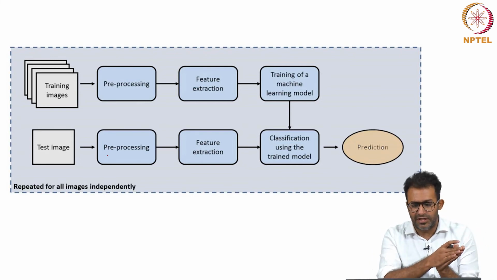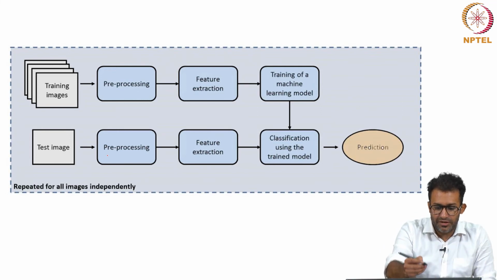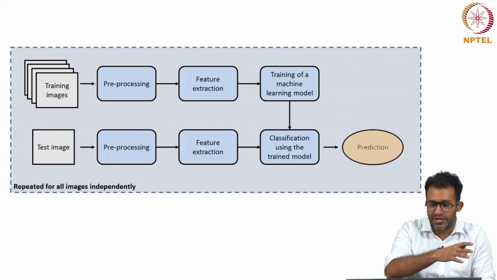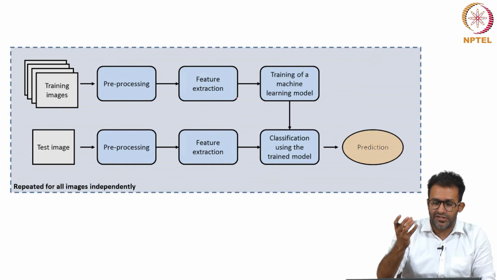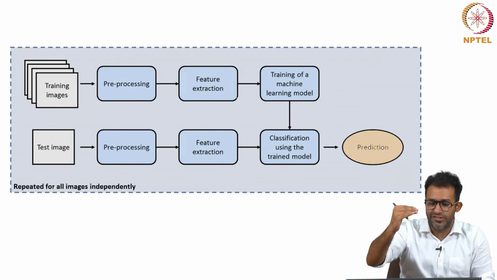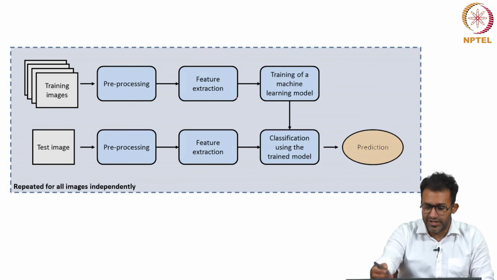They fed that information into a machine learning model. So, the training images were pre-processed to remove low quality images, and then the features were extracted. So, they took these two features, which is the signal intensity difference, and the presence or absence of layering, and they fed it into a model.